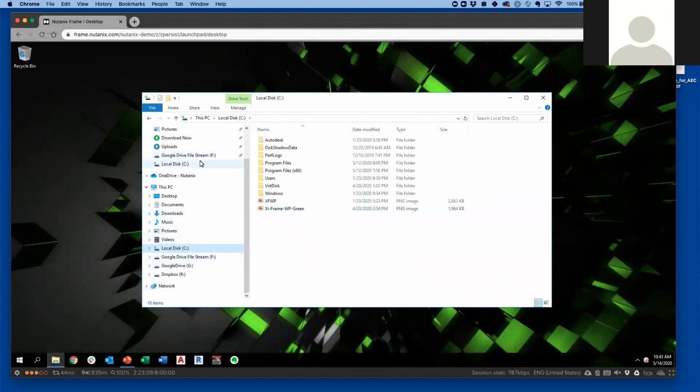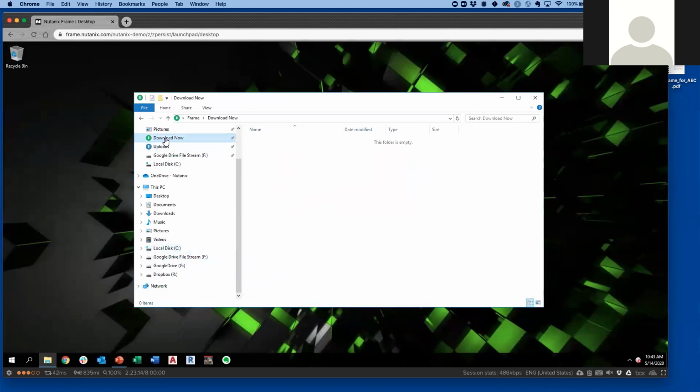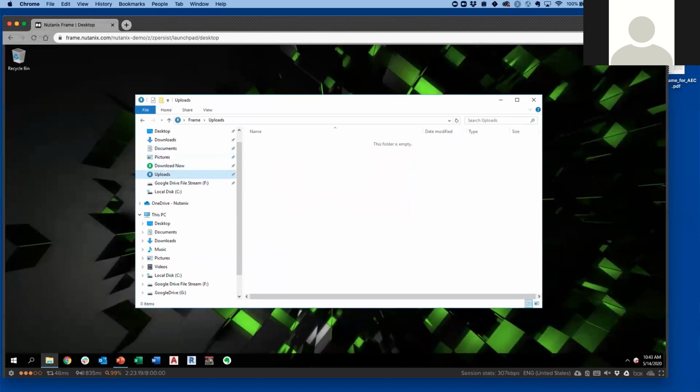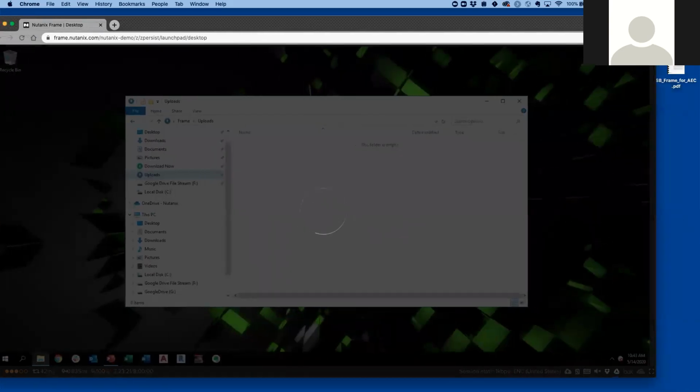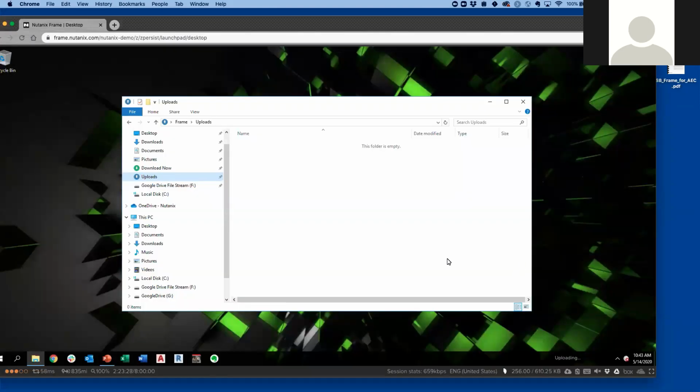But let's say I want to get a file from my local machine into Frame. Well, you'll see that we have this special Uploads folder and Downloads Now folder, right? That's unique to Frame. And if I wanted to, let's say, get a file into Frame from my local machine, whether it's on my desktop or wherever, I simply take it, drag it over to the terminal window anywhere, let it go, and Frame will automatically upload that file into the Uploads folder. From here, you can save it to your home drive or your Windows file servers, your SharePoint environment, wherever it may be, right? We also have native integrations built in for things like Google Drive and OneDrive, Box,